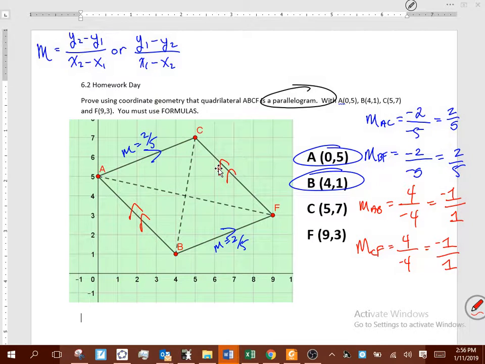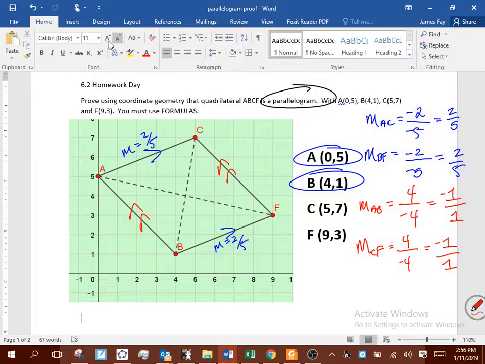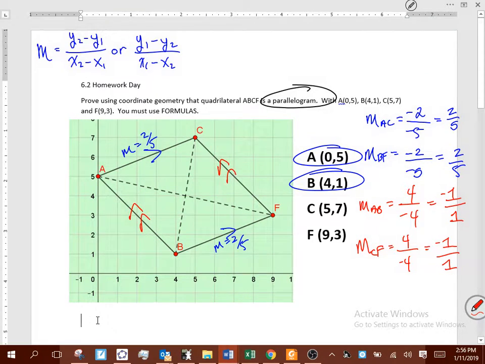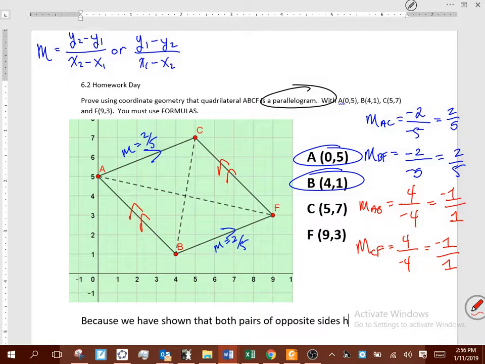And if I didn't have any of that explanation, I don't get any points for all the work that I've done, okay? Now, I think it's kind of a jerky move, but at the same time, it does force you to get a better grasp of the material and understanding of the math. So what we want to do here is say, because we have shown that both pairs of opposite sides have